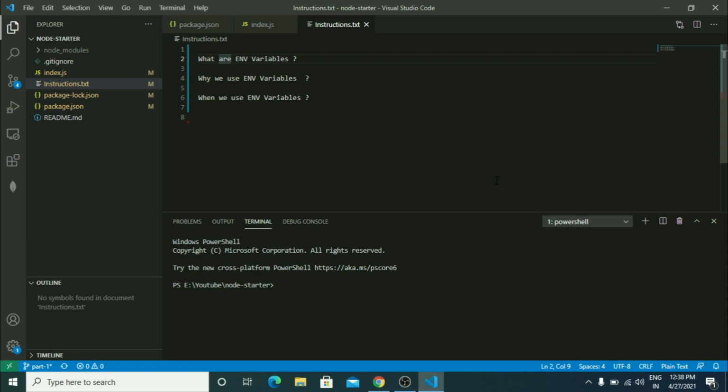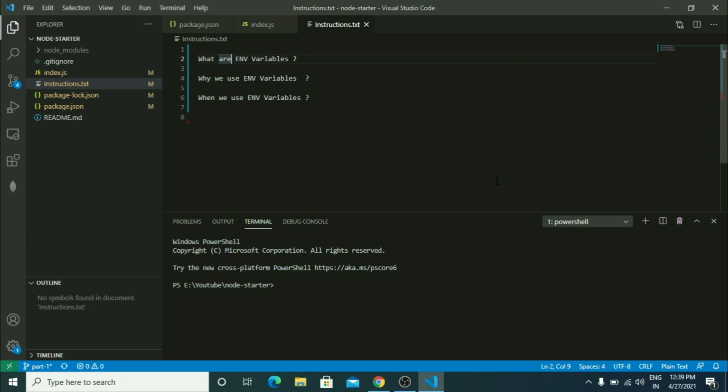If you want to move your application from local to cloud, you have to change some variables. For example, on your local machine you specify port 8082, but on moving to staging or production environment, your port changes to 9000 or something else, right? Even with databases, locally you have a different database. For testing purposes you have a different database, and for production purposes you have a different database, right?